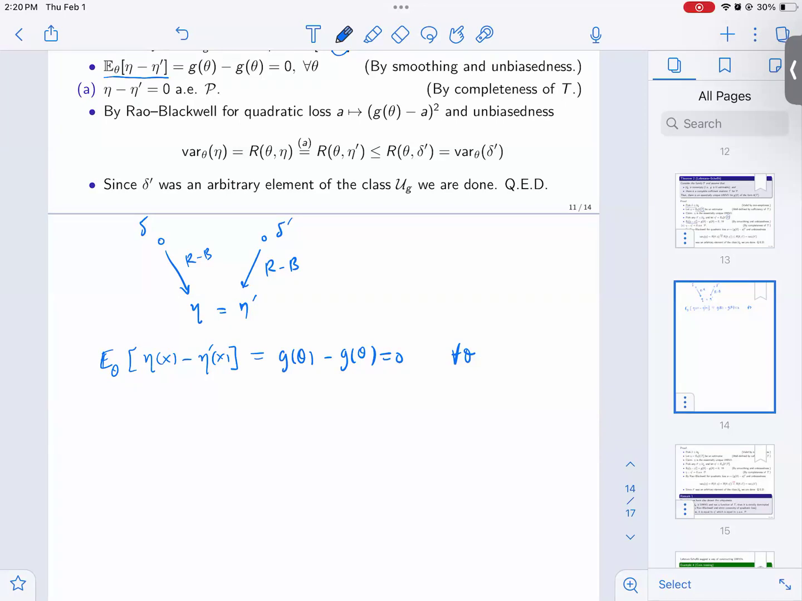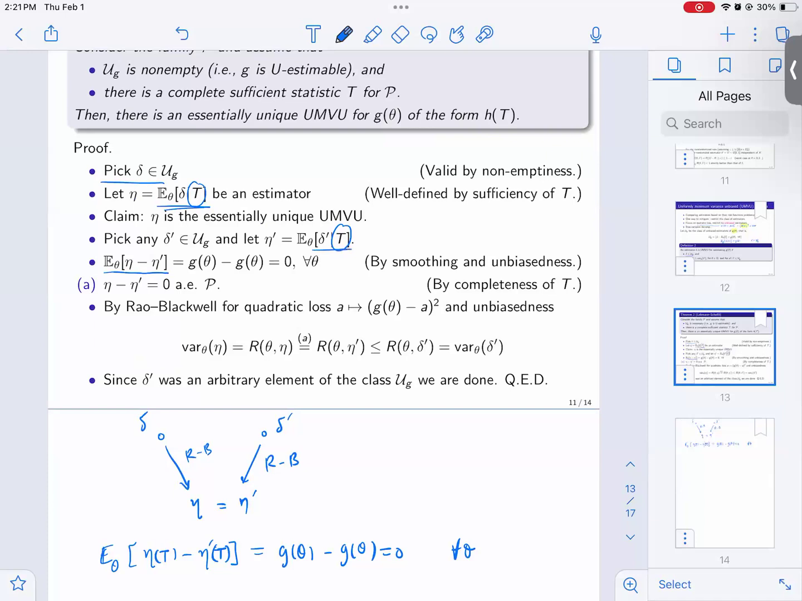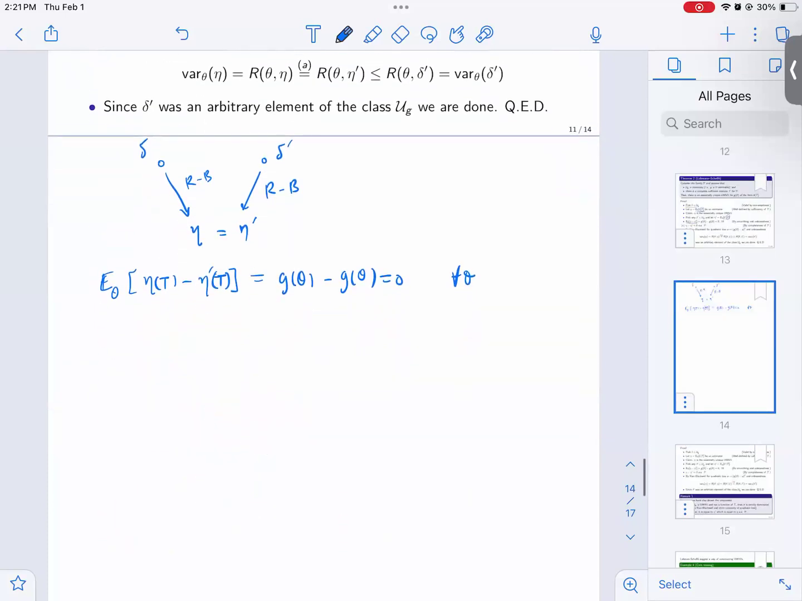So can I conclude something from this? I can write it as just a function of t to be a little clearer. Eta minus eta prime is an estimator; it's unbiased for 0, but not unbiased for g of theta. These are functions of t because I'm conditioning on T. So now if you look at this,